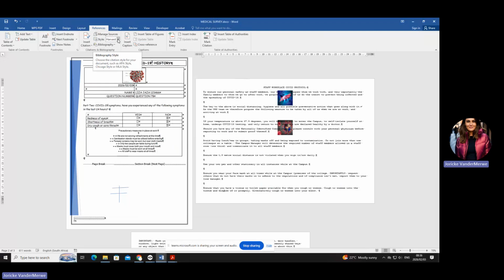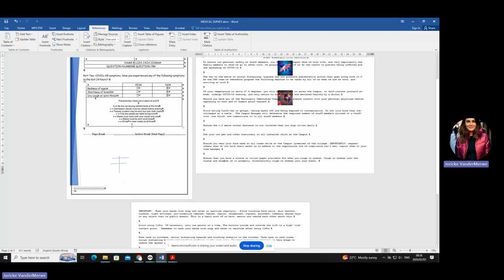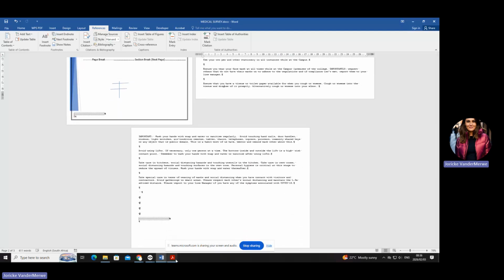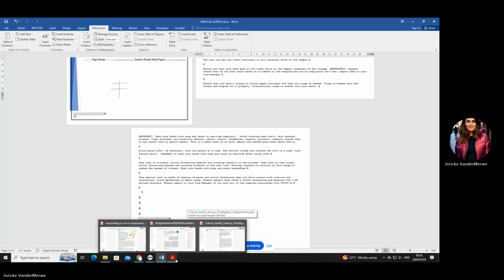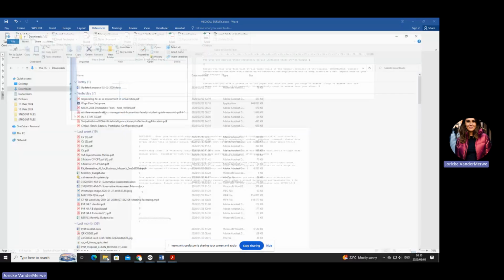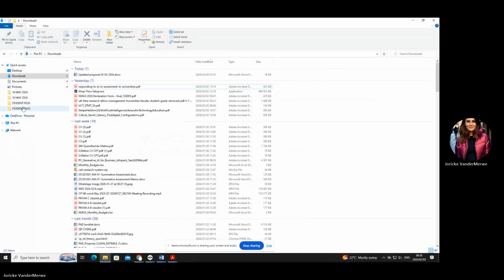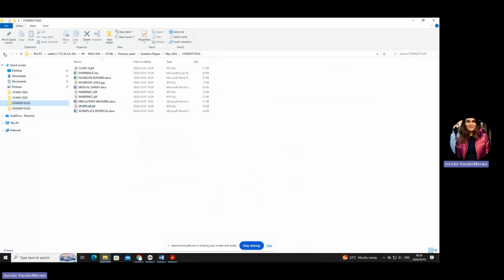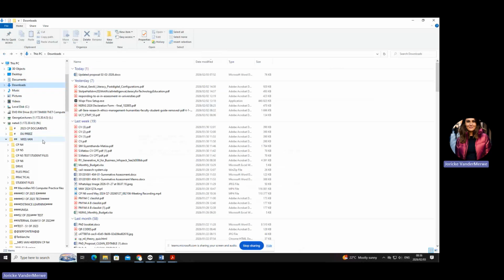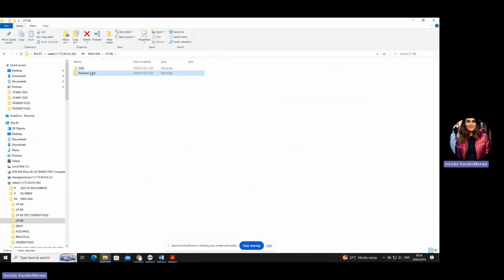Okay. Now, read number 17 again. It says, insert the following 2 citations at the end of the last 2 paragraphs in the document. Okay. Now, in order to know where that needs to go, did they give you indications of where that should go? Not. Let's just quickly look. Question papers, May 2024.